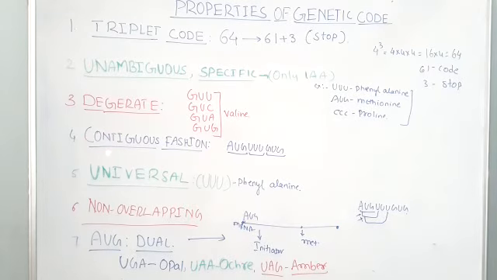Next comes the contiguous fashion. Genetic code is read continuously. Take for example, a genetic code having a number of nucleotides in triplets: AUG, UUU, GUG, CUC. Likewise, you can take any number of nucleotides. But do you find, in between these 3 letters, any full stop, comma or semicolon? Nothing, no? It is in a continuous fashion.